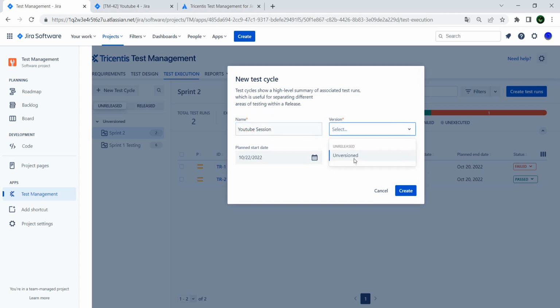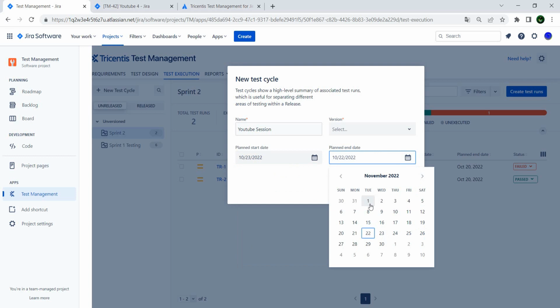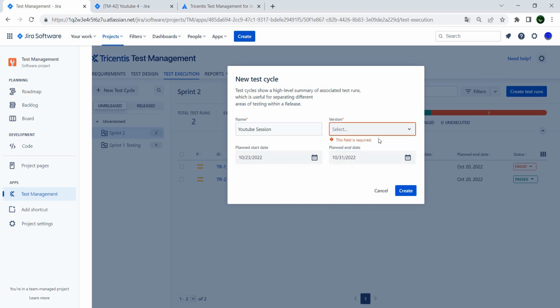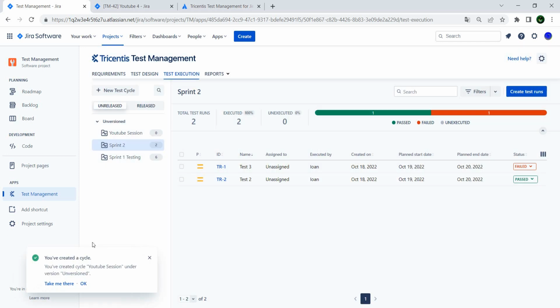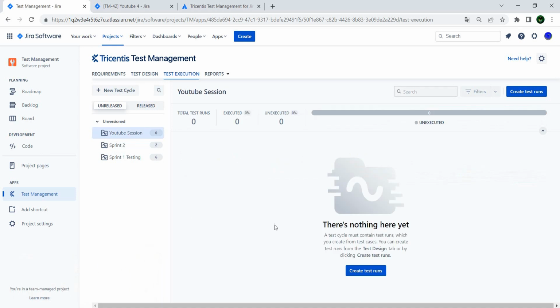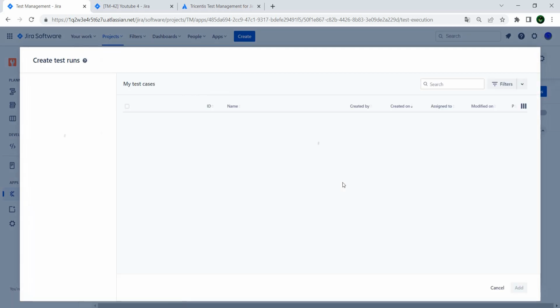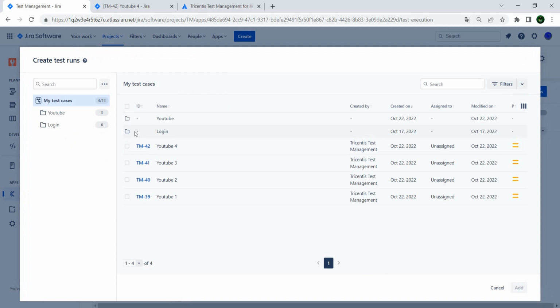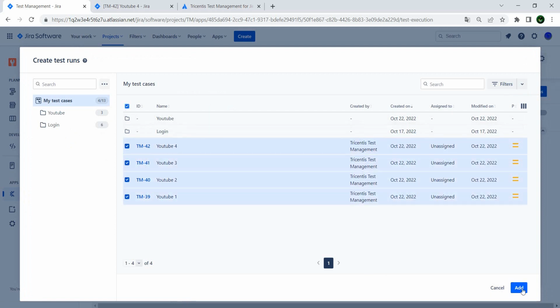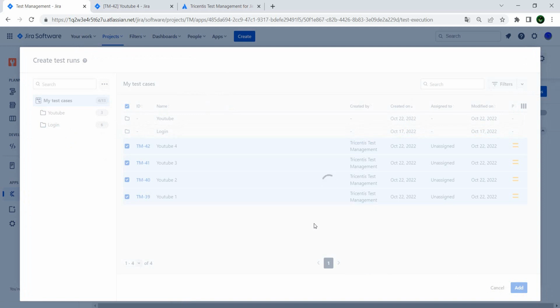and you link this to a specific version and also to a specific time frame. Let's do this in the future. Oh, I need to select the version. And once you have your new cycle created, you will want to add some test cases that you want to run. You have a couple of ways to do this. You can add one or multiple tests,